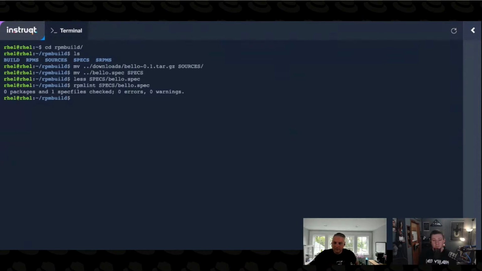So the linter should tell you if you've got any syntax errors within your spec file. And if you have errors when you try to build it, it could give you undesired results. The linter will also give you, notice there's a section for warnings too. Errors are like, if you build this thing, it's going to bomb out. A warning is like,